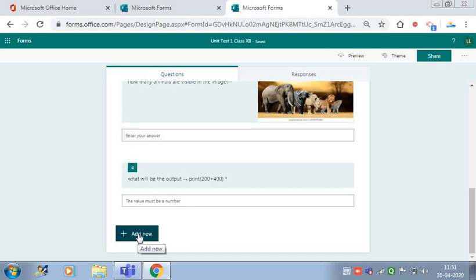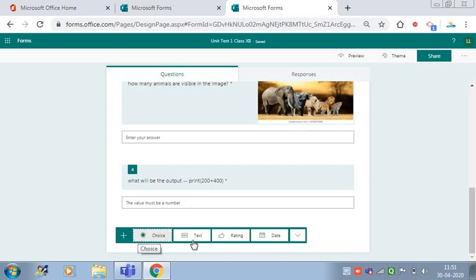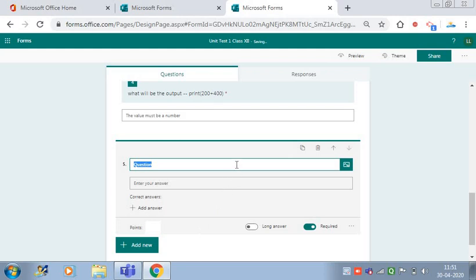Now I am taking one more question, and again I am using a text based question. I just want to show you one new feature from Microsoft which has been introduced especially for maths and science teachers.